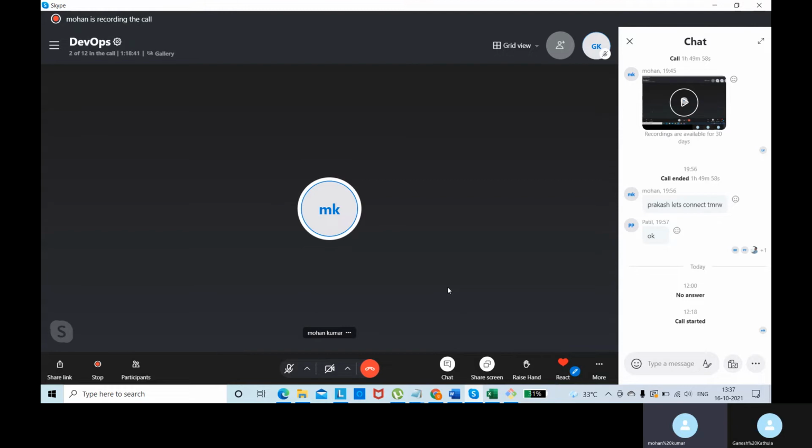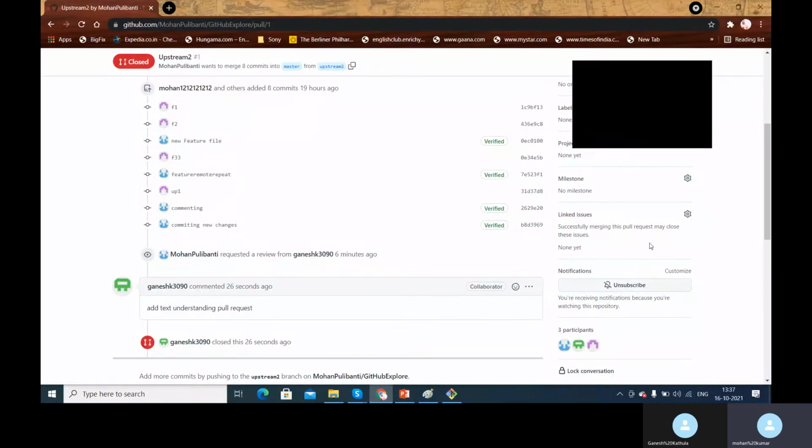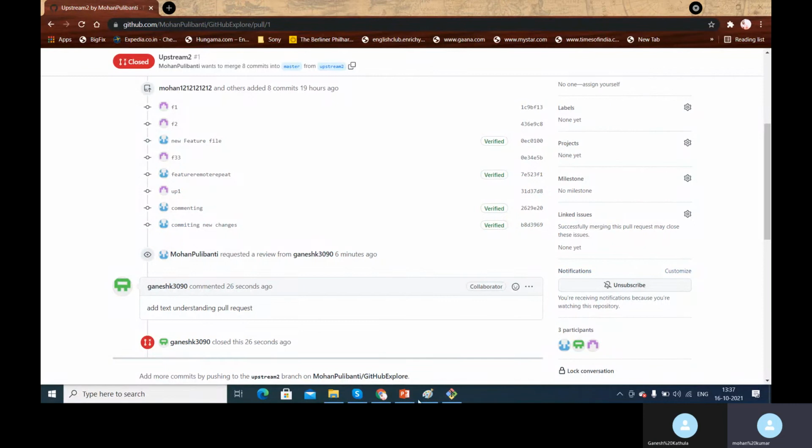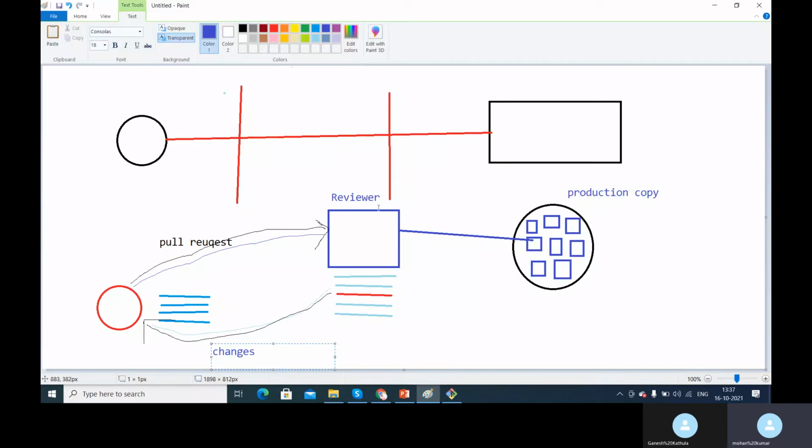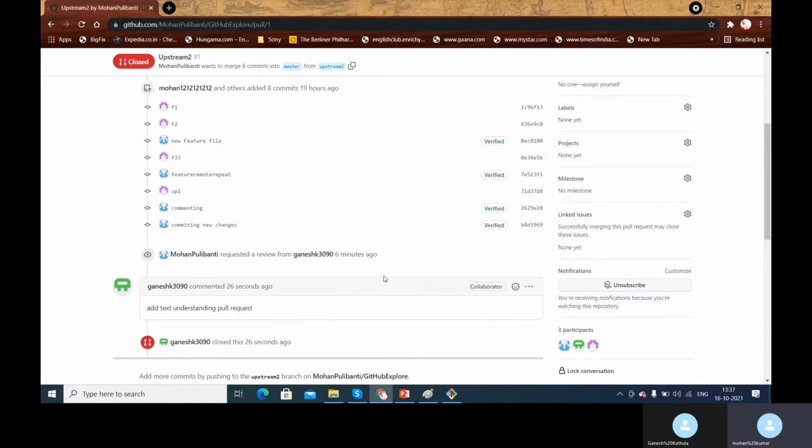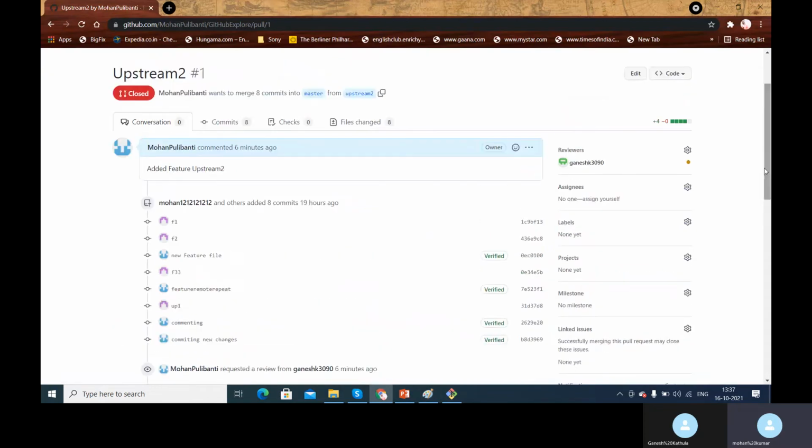Okay, now let me start sharing my screen. Now I'll go back to my pull request. That's the first part done. I created a pull request to this reviewer, and he asked me to add a line to a particular file, and he closed this pull request. Right now I have to do the changes, and again create a pull request. If he is satisfied with that, he will approve the pull request, and he can even merge it, or else we can merge it to the base branch, which is the master branch, the production branch. Now let me show you how I need to do that. So he suggested some changes. Now I can view those commits. I can view that data.